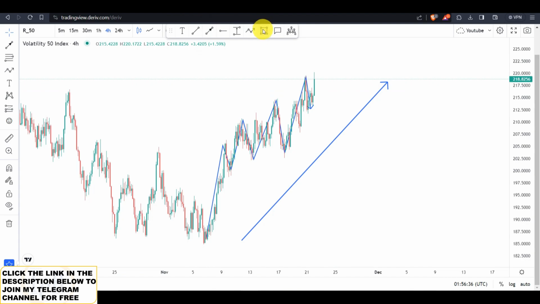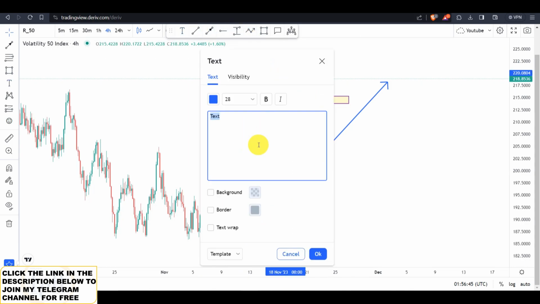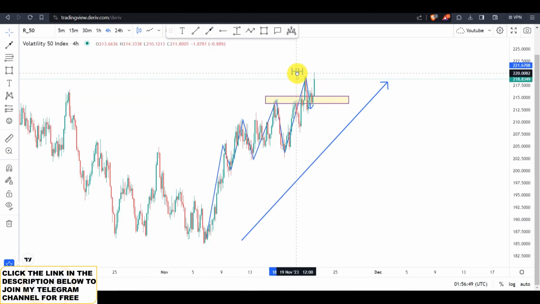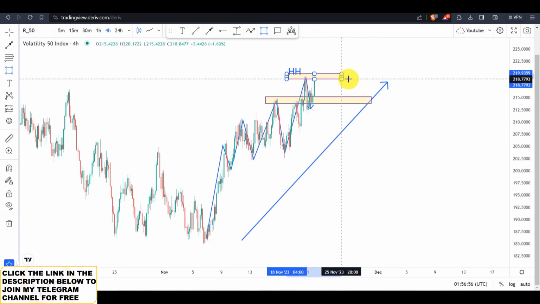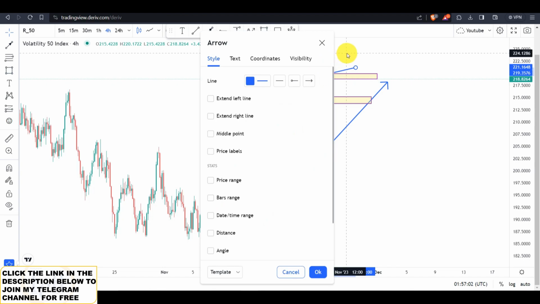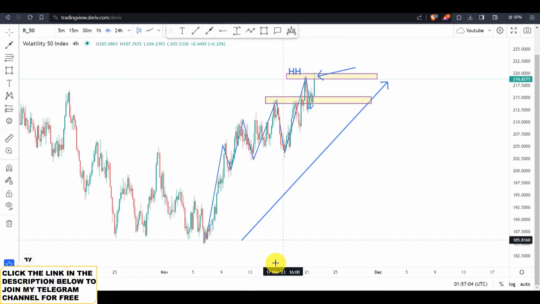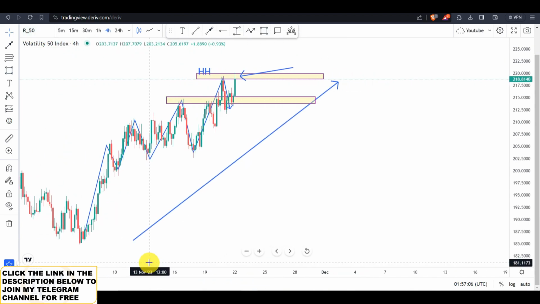So what you should do is wait for the market to break this previous higher high that the market did form right here. After the market breaks this, right now you can see it is having trouble penetrating this level. You can see this candlestick is still running, and currently we are on this weak rejection. So what you should do on volatility 25 index, volatility 50 index, for this case, is